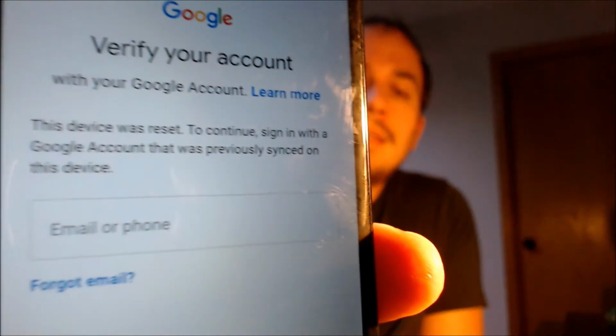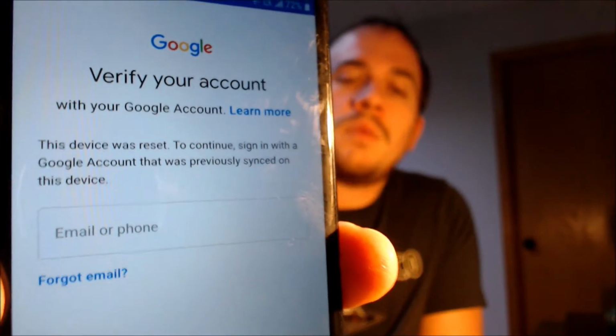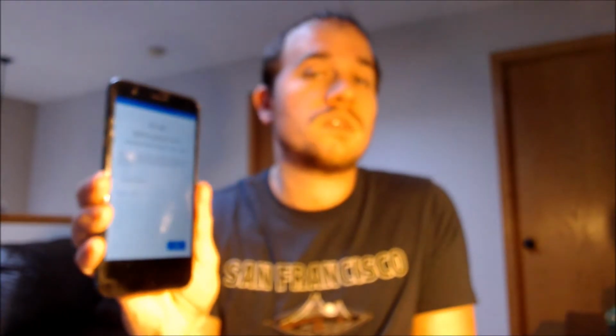Now, here with us today, we happen to have an LG K30 that is originally from T-Mobile here in the US. And this is a device that does have the Google account lock enabled because as we can see here, as we're going through the setup steps, we get to the screen that tells us that the device was reset. And to continue, we have to sign in with an account that was previously on the device. And that's basically exactly what the lock consists of. So only the original account will actually let you log back in,